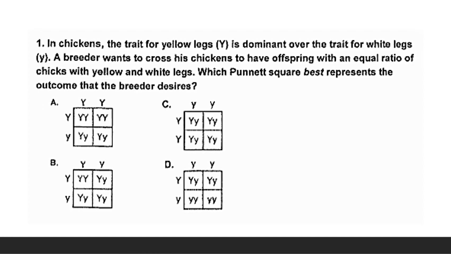Number 1, in chickens, the trait for yellow legs is dominant over the trait for white legs. So we see some important information in that first sentence already, that yellow is dominant to white. And it also says that a breeder wants to cross his chickens to have offspring with an equal ratio of chicks with yellow to white legs. So once again, if we know for sure that yellow is dominant,